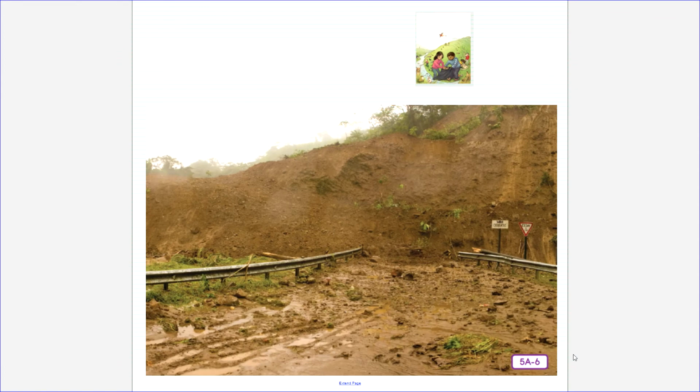The next natural disaster we're going to hear about are mudslides. Listen to hear how mudslides can affect ecosystems. Over many years, wild animals have adapted to respond to changes in the natural environment. Animals are dependent on plants to live and grow. Plants are dependent on nutritious soil to live and grow.